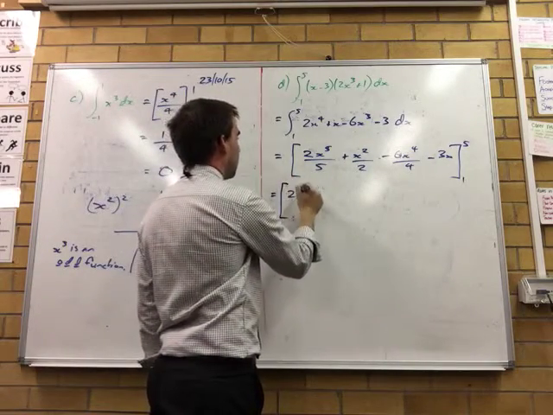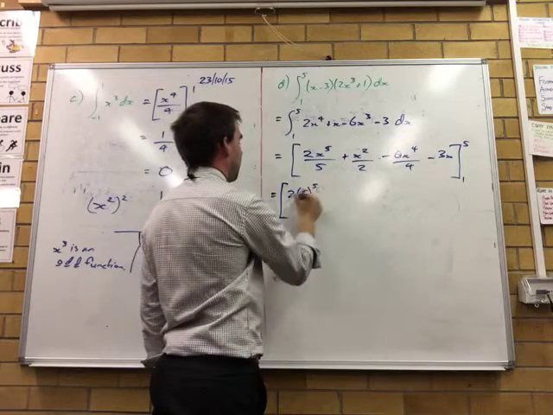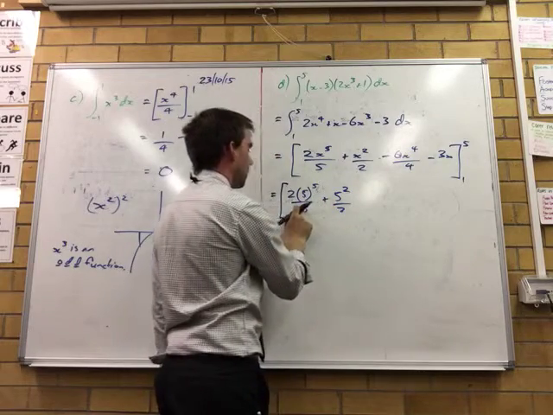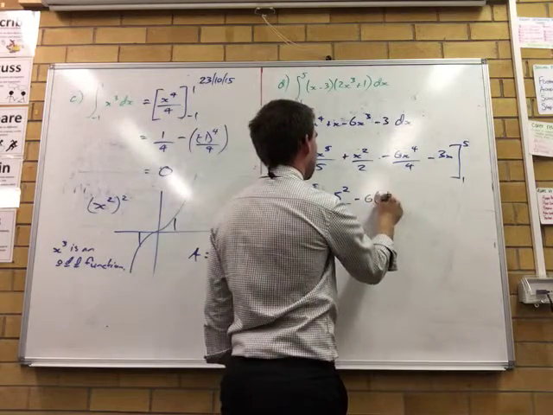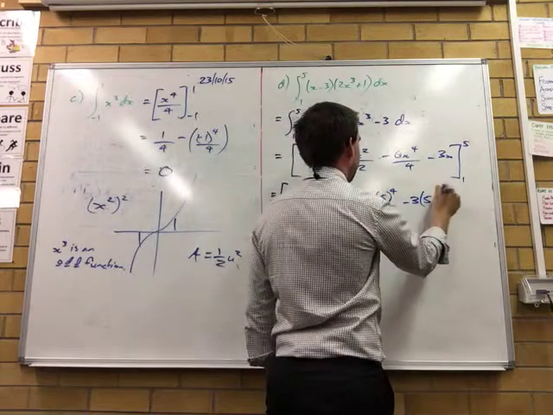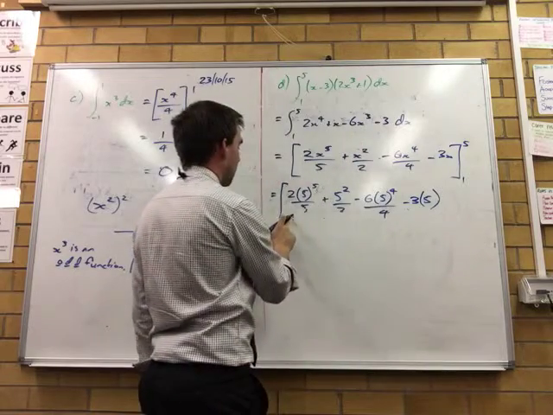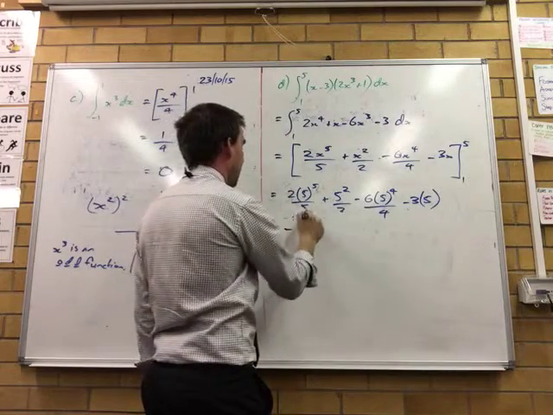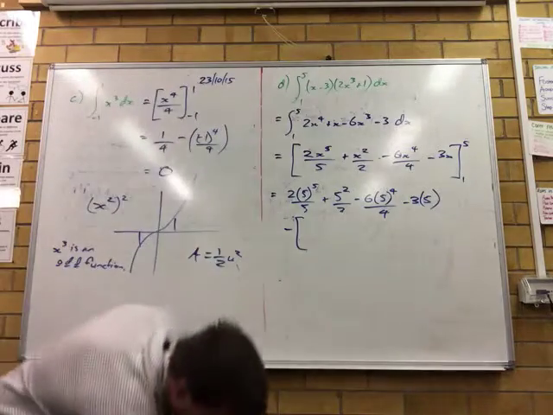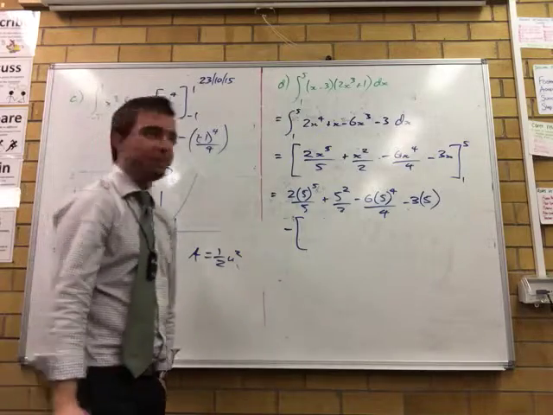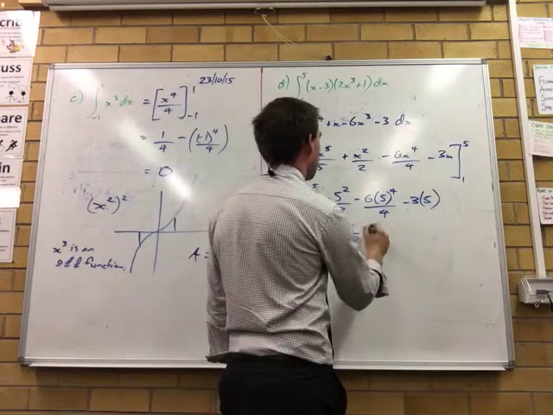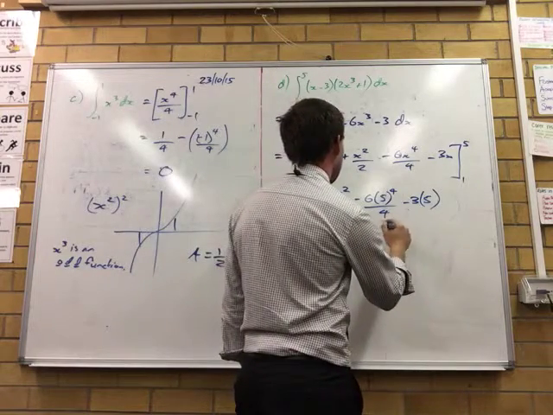Alright, so 2 lots of 5 to the power of 5 over 5 plus 5 squared over 2, take away 6 lots of 5 to the power of 4 over 4, take away 3 lots of 5, take away, then your parentheses, 1. Now, be clever with your substitution when you have 1. Minus,